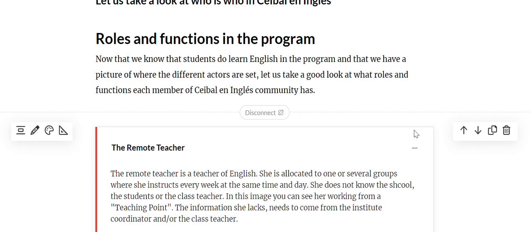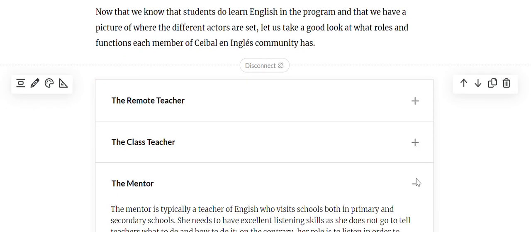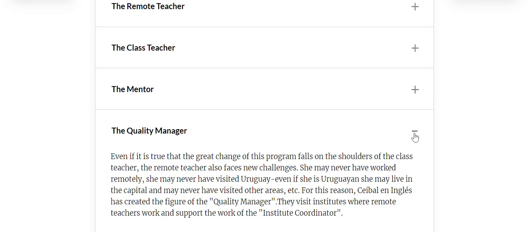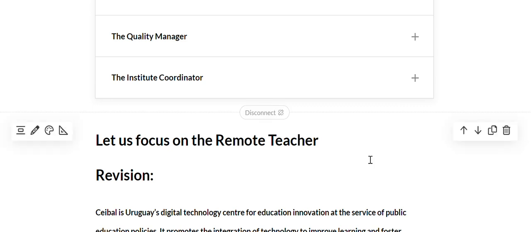This is the case for remote teaching, for class teacher, for the mentor, for the quality manager, for the institute